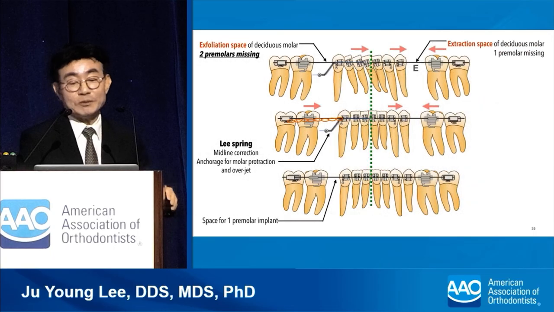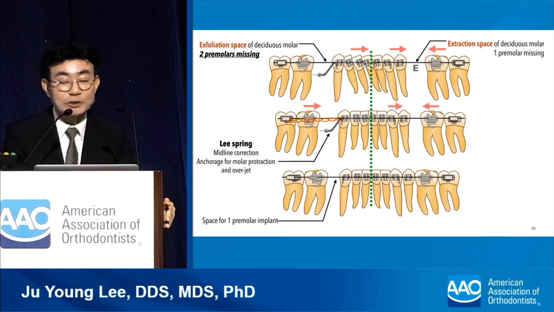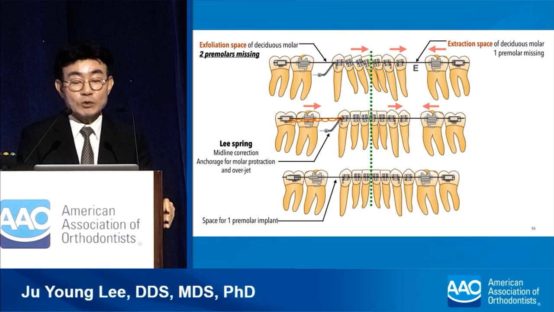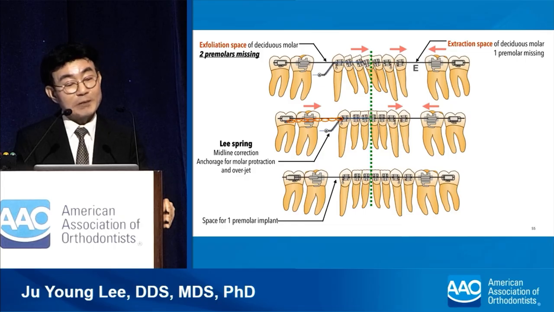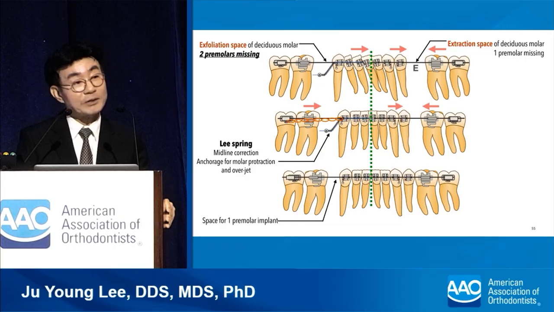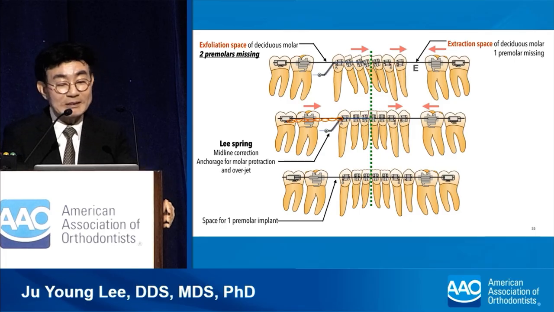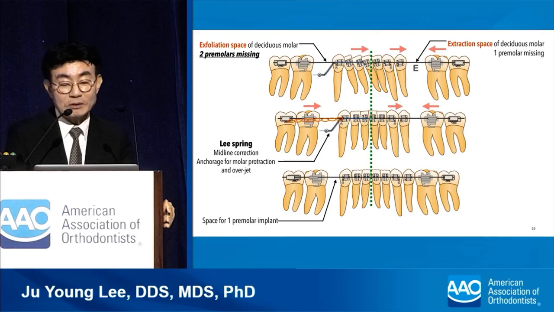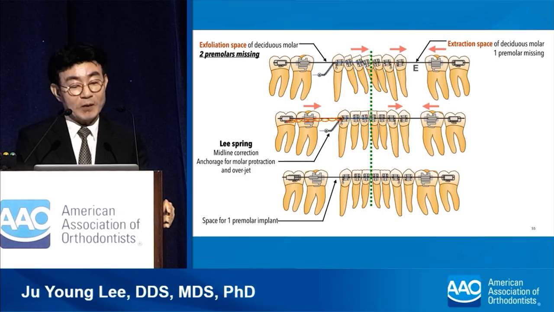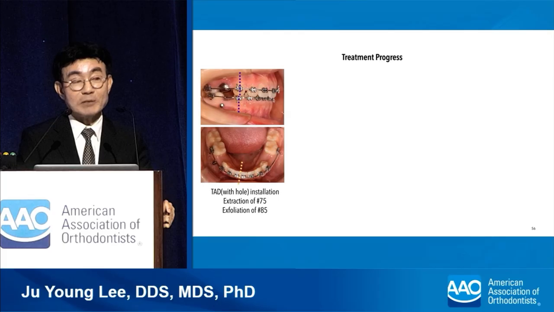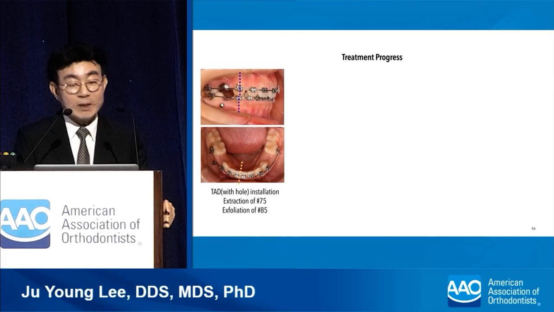On the left side, moving the posterior teeth to the extraction space of the primary molars could close the premolar missing space and improve the position of the anterior teeth at the same time. On the right side, the canine had to move mesially while moving the posterior teeth in the same direction. Therefore, it was decided to improve the midline by using a TED-supported open coil spring and obtain a symmetrical position of the molar. To improve the mandibular midline to the left side and close this congenitally missing space, the mandibular